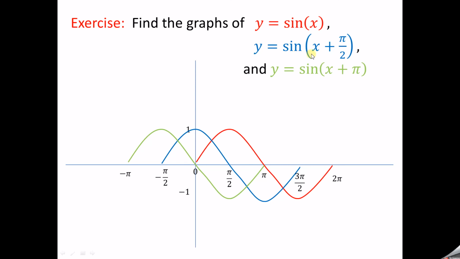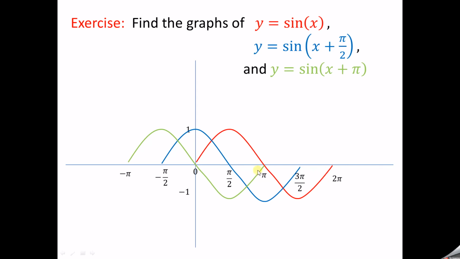And for the second function, there is c. C is pi by 2. And for the third function, c is pi. That is the difference for all three. So b is the same for all, b is 1. So the period for all three functions is the same, 2 pi by b, that is 2 pi only. So after 2 pi length, the values of the function are repeated.